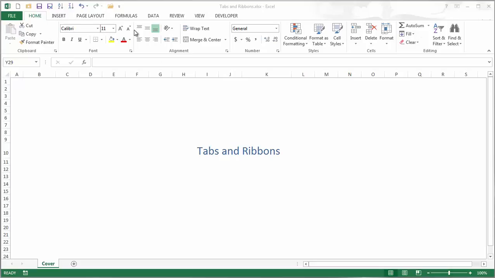And the tabs appear right above them. Actually, the bar of buttons above these tabs is called the Quick Access Toolbar, or QAT. It is not really part of the ribbon structure, so it is discussed in a separate video. The ribbon currently showing is the Home ribbon,